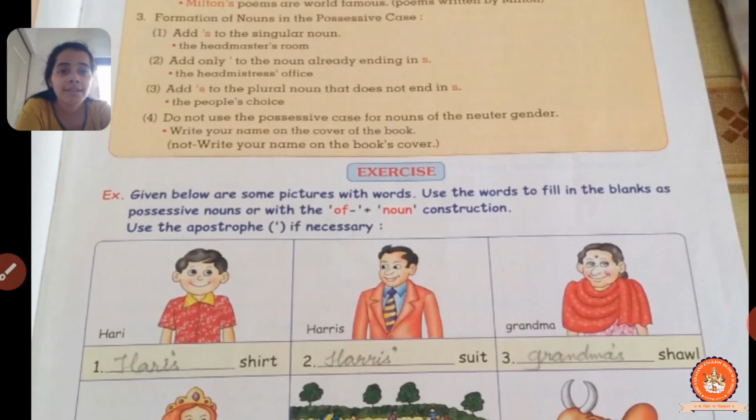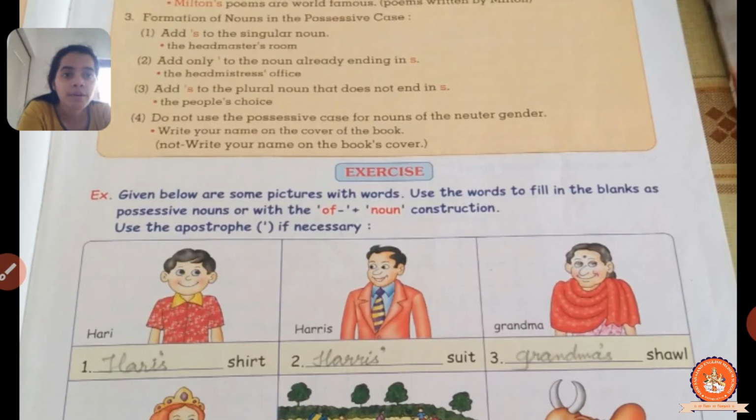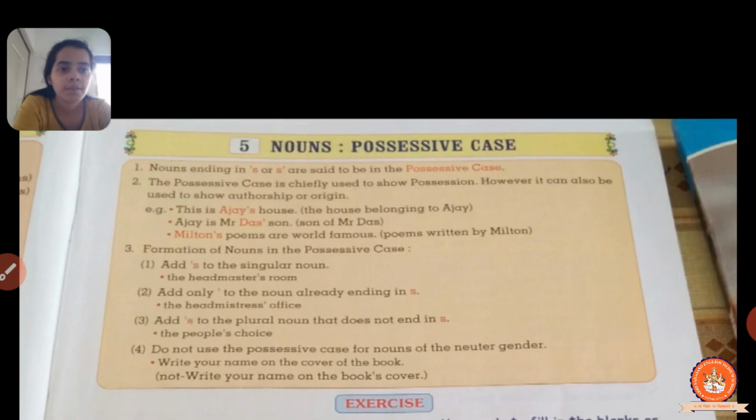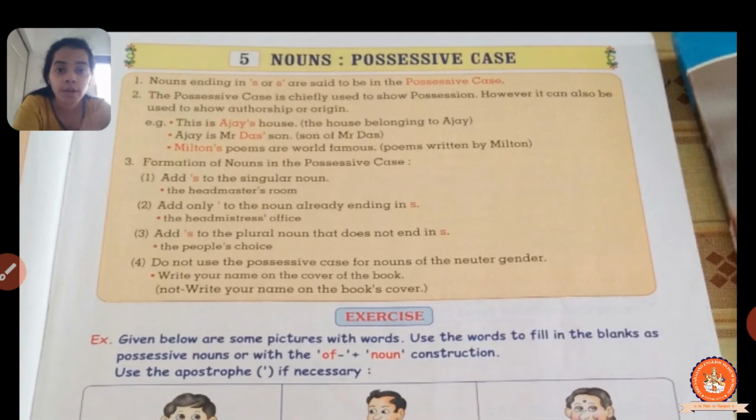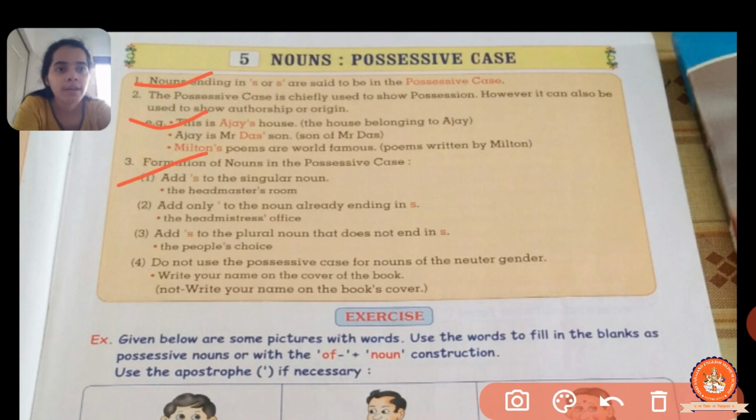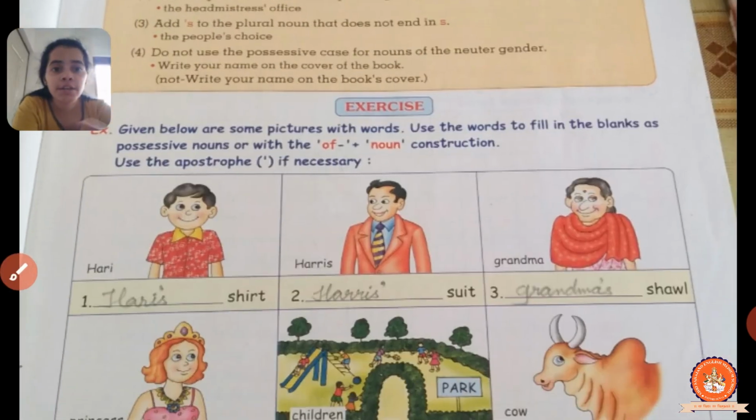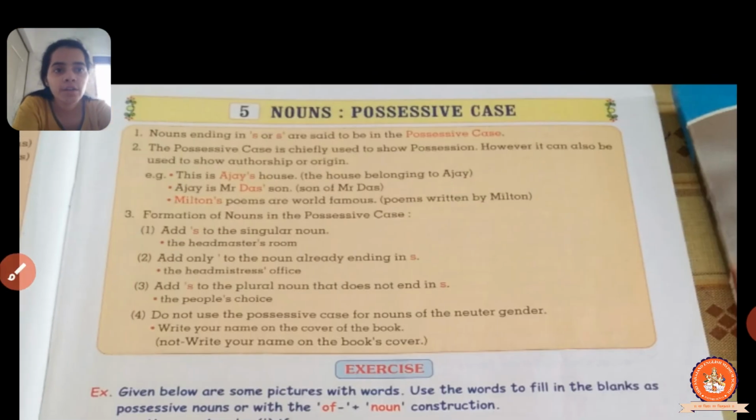So in this way, you have to complete this exercise in your workbook. Okay, and you have to understand this chapter very well, nouns possessive case. I hope you understand what nouns possessive case is, as we saw in the video also. So complete this exercise in your workbook. And also write all these points, point number 1, 2 and 3, everything one time in your rough book. The exercise which is given over here, you have to write in your workbook, and this you have to write in your rough book. Point number 1, 2 and 3. And please read this chapter and try to get it into your mind. Okay, so that is what they are explaining to us about nouns possessive case.